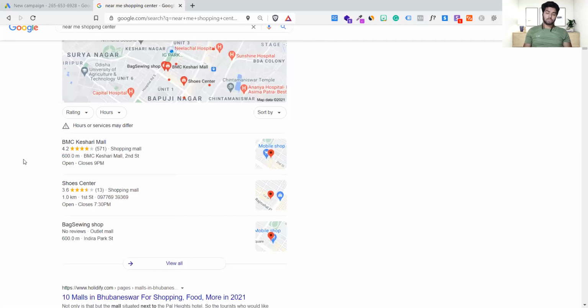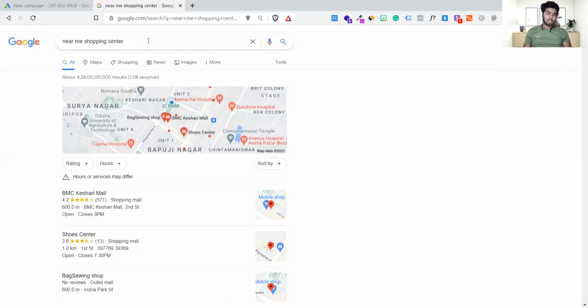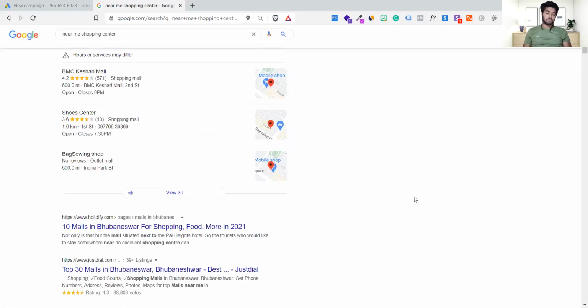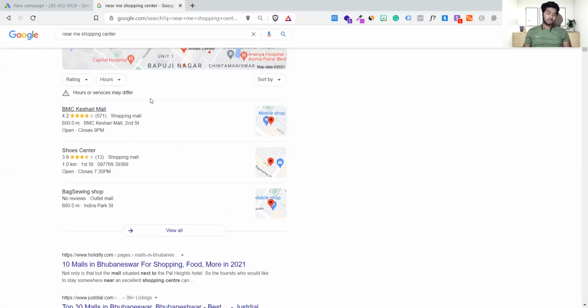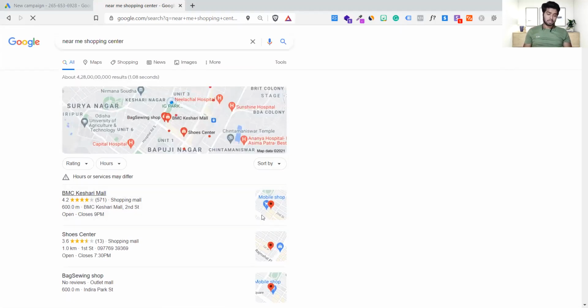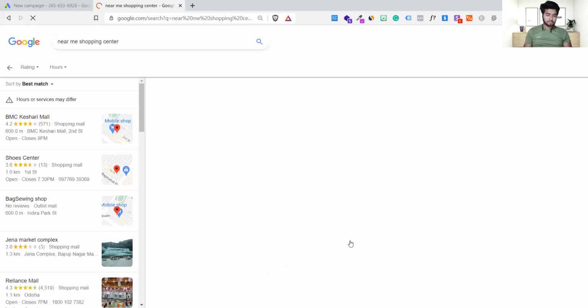Now Google allows you to start showing ads over here. Suppose someone is searching in this locality, like me, searching for a shopping center near me. If someone is searching like that, your ad should come on top. This is the first thing we can get. And the second option: the moment I click on this, what will happen? The map is getting loaded, I guess, correct?